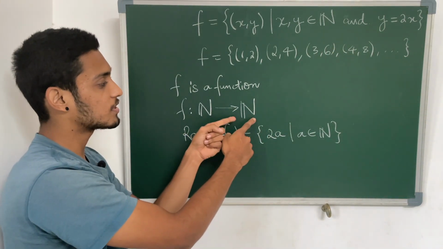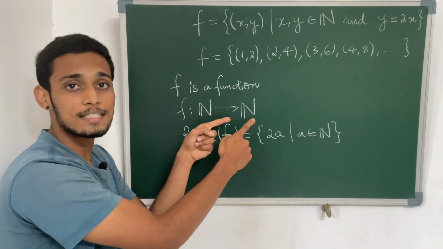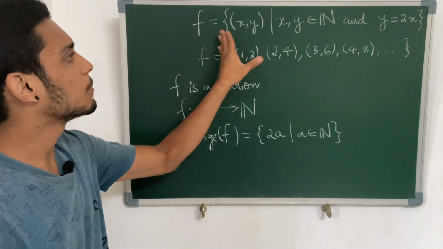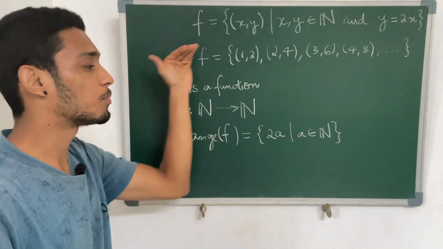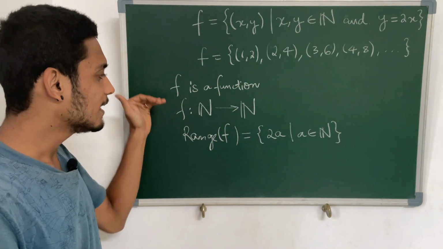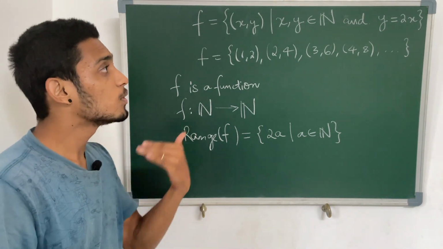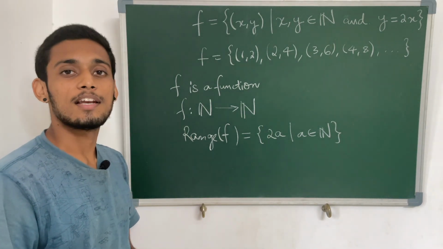And this range is obviously a subset of the natural numbers, that is the codomain here. So we have established all these facts for this simple given relation which we have proven to be a function, and the remaining facts that we uncovered. Now we will take a look at real valued functions.